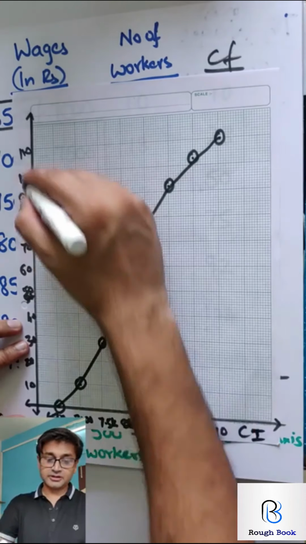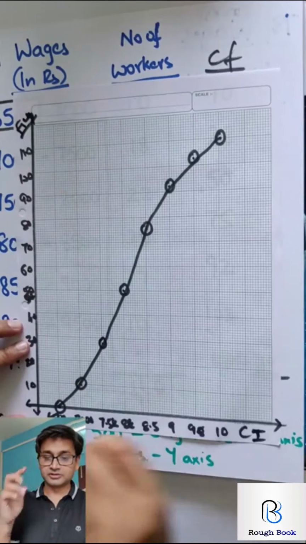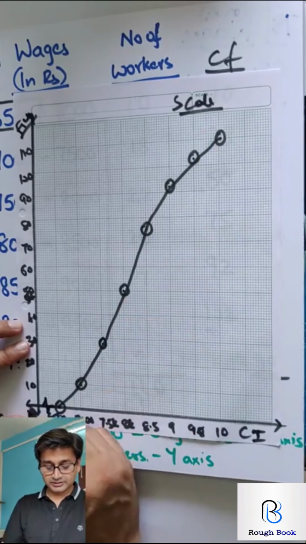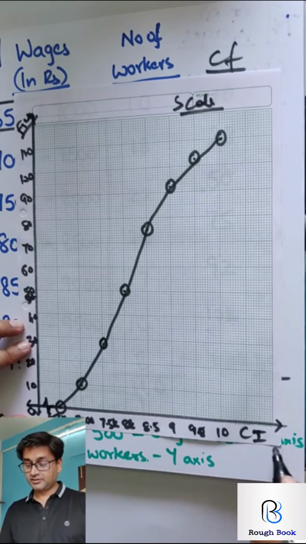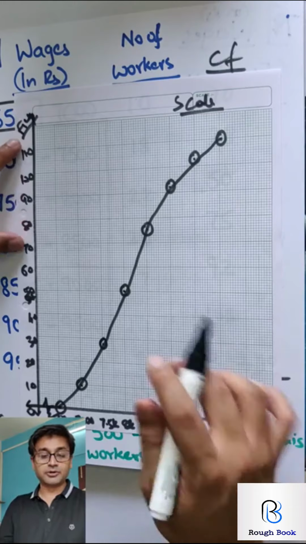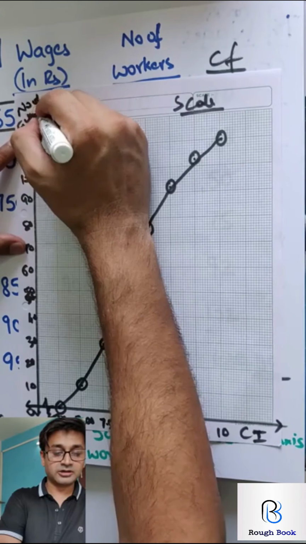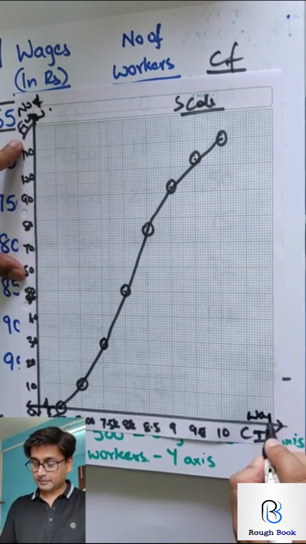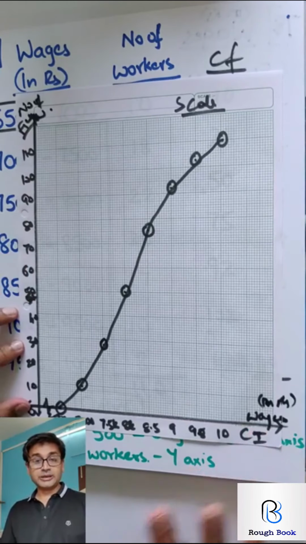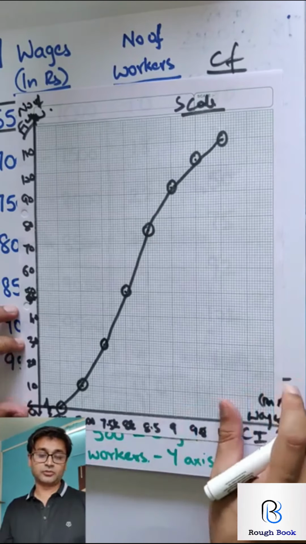Cumulative or class interval, frequency, 4 things. So 2 heads. Then the scale you will write and the kink in the end, 0. This is class interval. In brackets you can write wages in rupees, and here you will write number of workers. Is that clear, everyone? Are you able to now do it? Are you enjoying this? Great job.